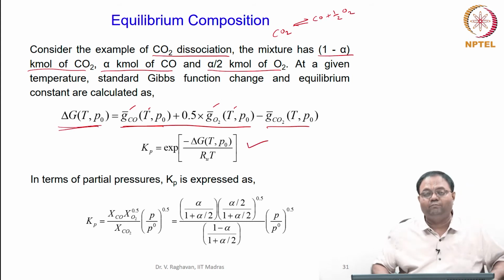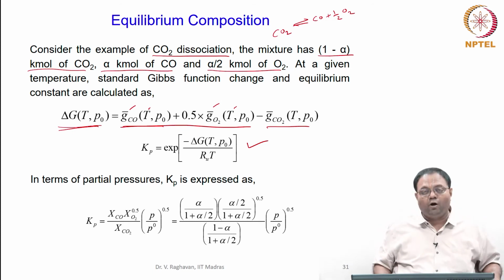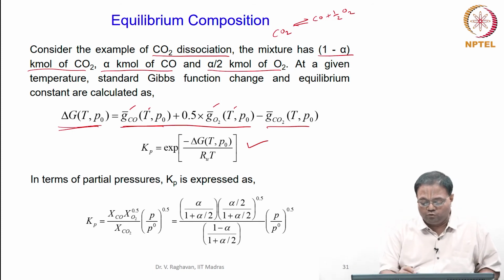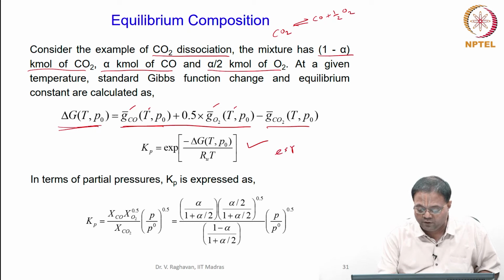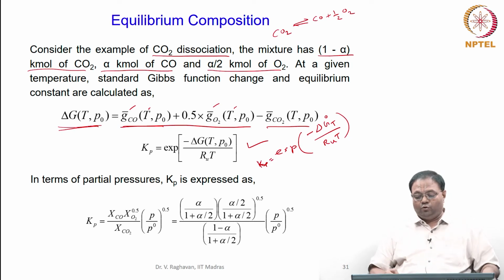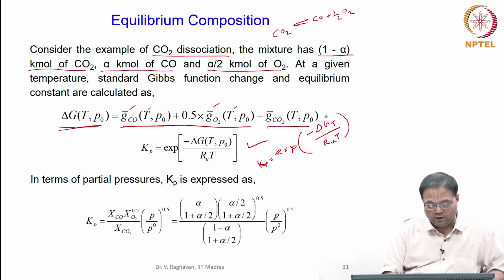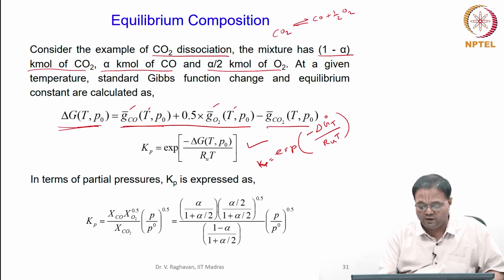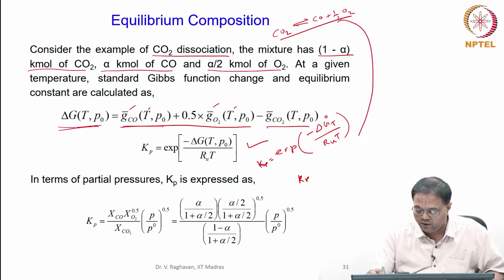Kp is exponent of minus delta G by RuT. Okay. So you can write in a compact form like this. Okay. So this is the expression you make. Then use the definition. Okay, what is the definition here for Kp? Kp for this equation is written as